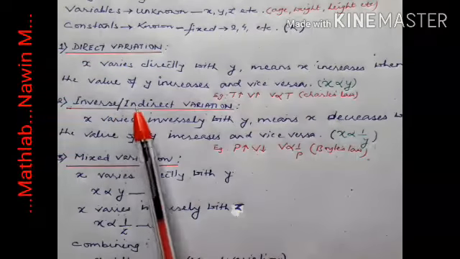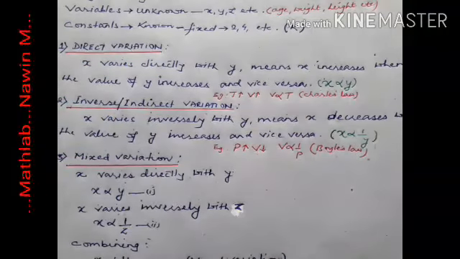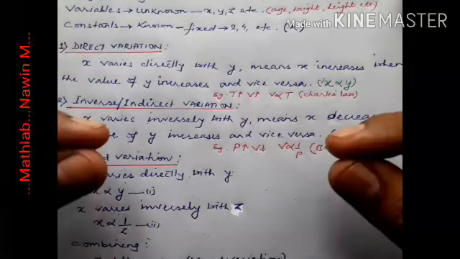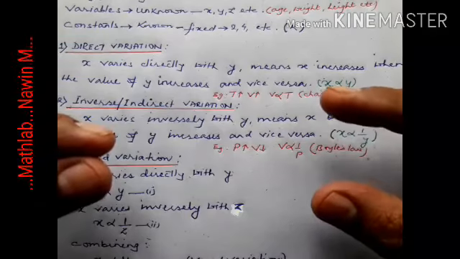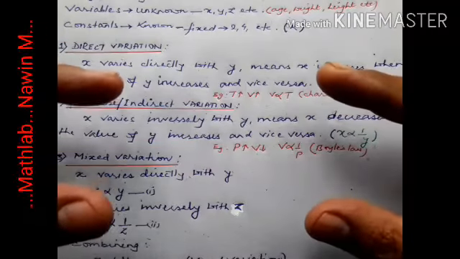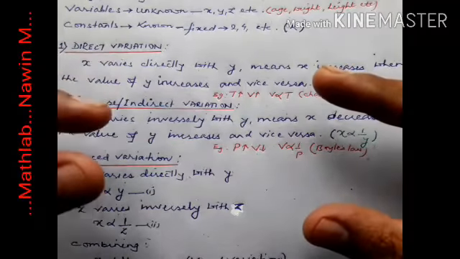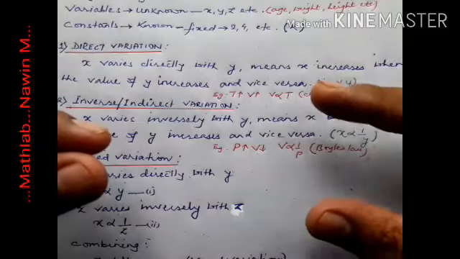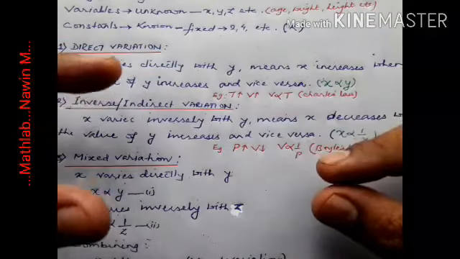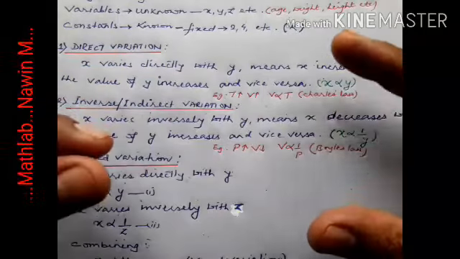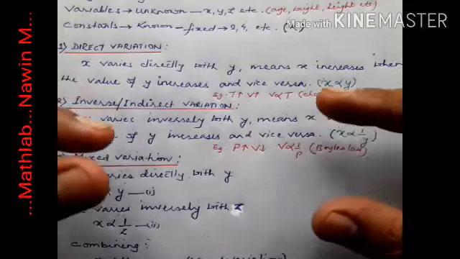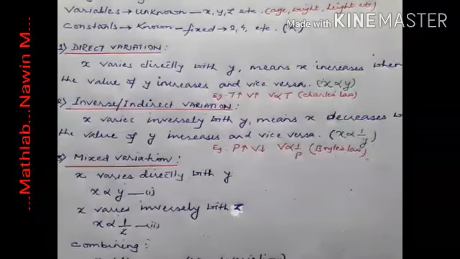Another one is inverse or indirect variation. Here we will have two variables. One is x, another is y. Now when y increases, the value of x, instead of increasing, will decrease. And when y decreases, x will increase. It will be inverse, opposite. This kind of relation is what is called inverse variation. And it is denoted by